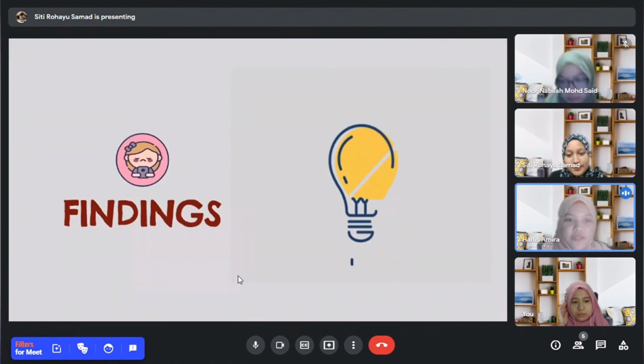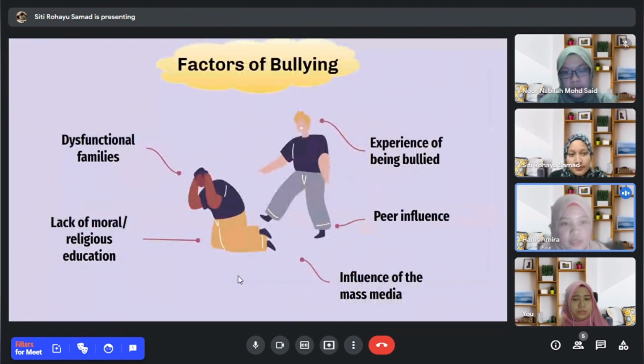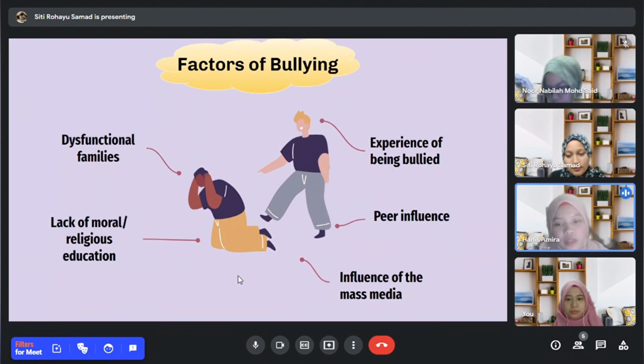Okay, so this is the findings. Move on to the findings of the research. This is what we got from the interview session with Mrs. Nur Ashikin. So the bullying issue that occurs among students in school has become a grave crisis, a serious crisis day by day that will make the parents and also the community worry about this. And these are some of the factors of bullying in school. The first one is the background of student, which is the dysfunctional families. For example, students were scolded by their parents, or their parents were divorced or ran away from home,